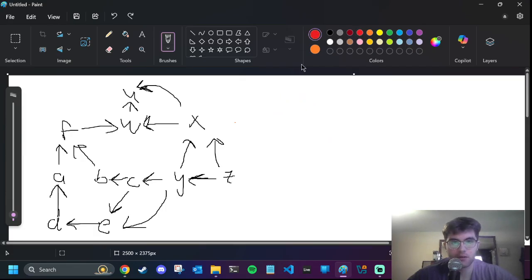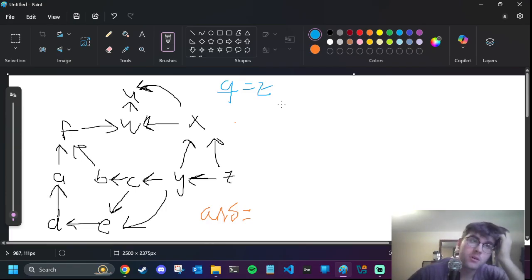Okay, so we'll have like a Q. So the Q is just Z at first. And then we add its neighbors, which I guess would just be Y. And let me use a nicer color like blue. So we have our Q, and then we pop Z, and we also have our final path answer. So I think that's whenever we pop from the Q. Yeah, I'll just say when we pop something from the queue, we add it to the